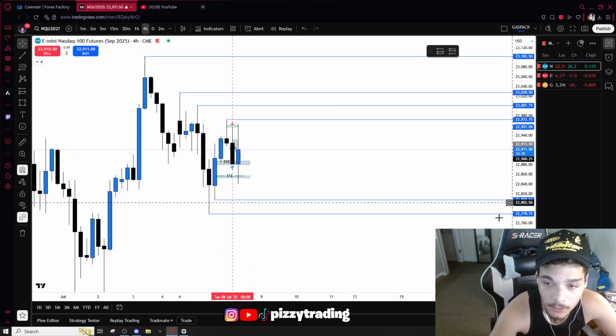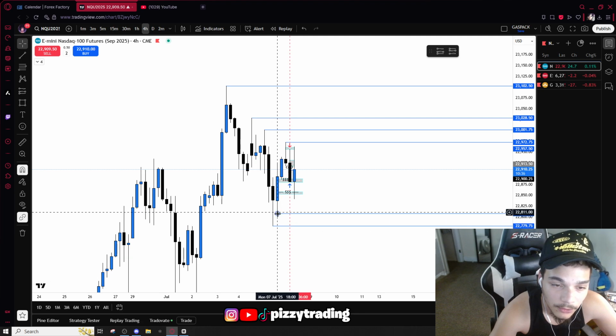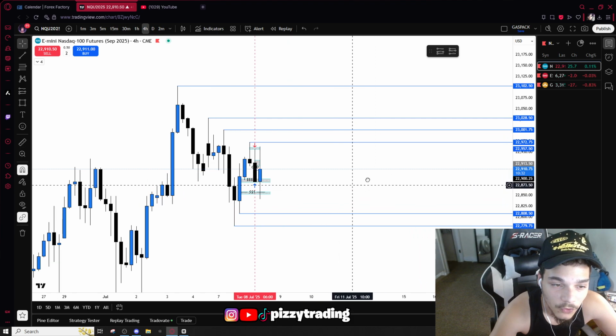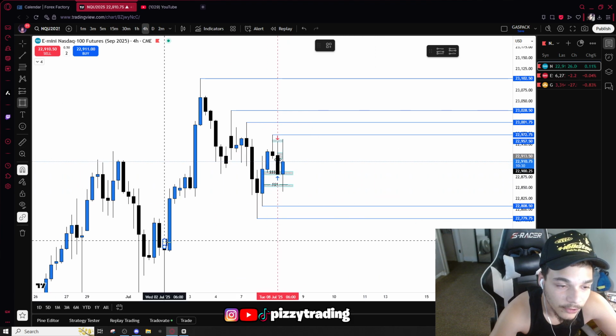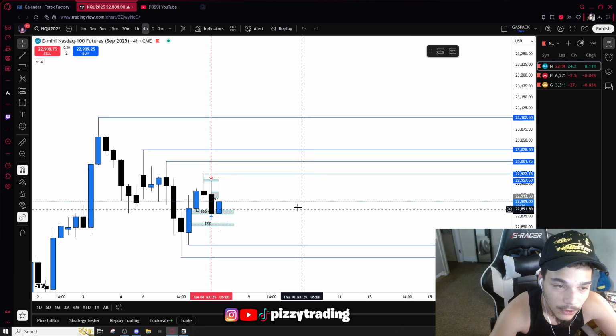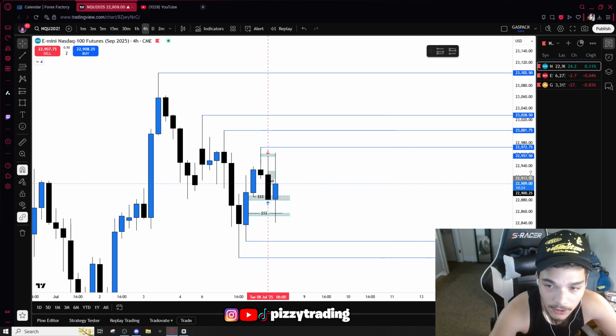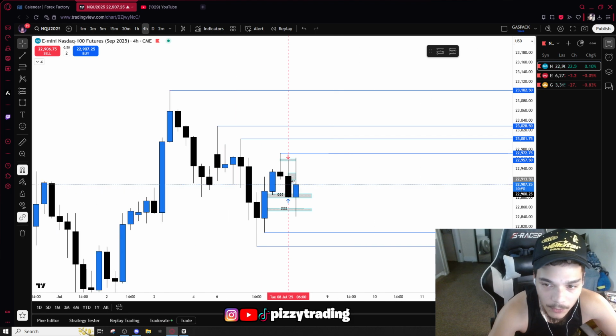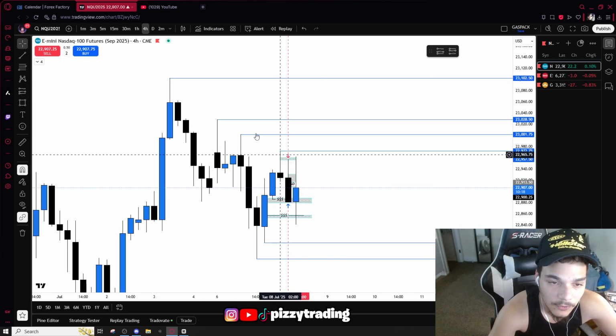But then what's our actual draws on liquidity? All right, 4-hour low, 4-hour low, 4-hour high, 4-hour high, 4-hour high, 4-hour high. Do I think price is going to come down into this 4-hour gap to take out these 4-hour lows? No. I'm bullish on today. I don't have a bias, but if I were to have a bias, I'd say I'm looking bullish because